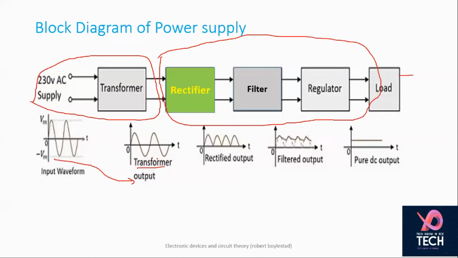Then what we do, we apply this AC to your rectifier, and the output of the rectifier is your DC. Now this DC is not as smooth as we desire. So what is to be done? A filter is incorporated in the structure. So this rectifier output is filtered and you're getting a filtered output. Although it is smooth to a certain extent, still some smoothness is required. Then we apply this to a regulator, and from the regulator we are getting a perfect DC output.